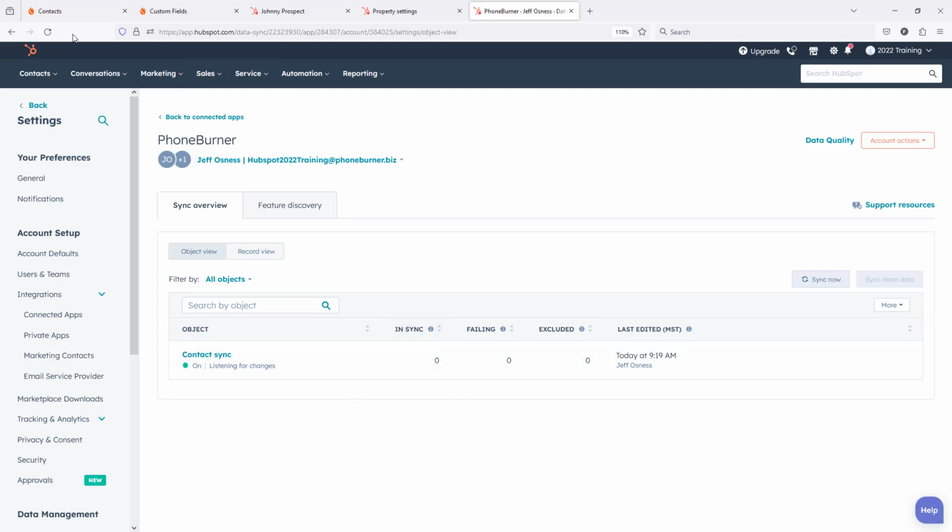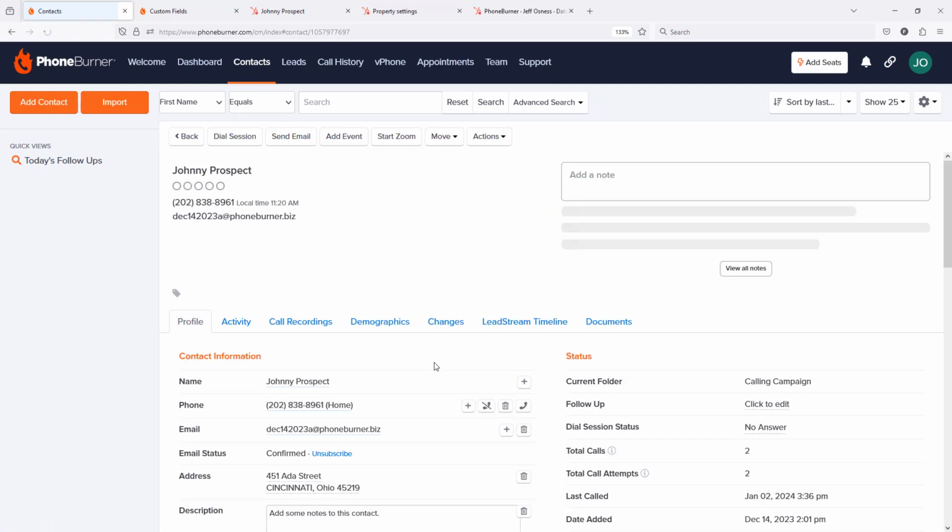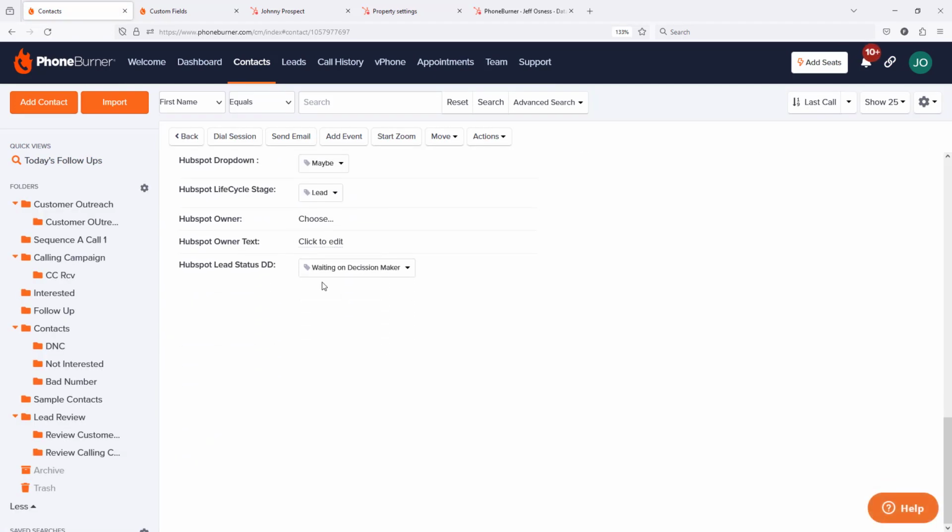So it says it's now in sync. We're going to find out if I'm correct. This is happening in real time here. So let's go ahead and refresh. Waiting on decision maker. So that's how you can start taking advantage of syncing drop-down fields between HubSpot and PhoneBurner